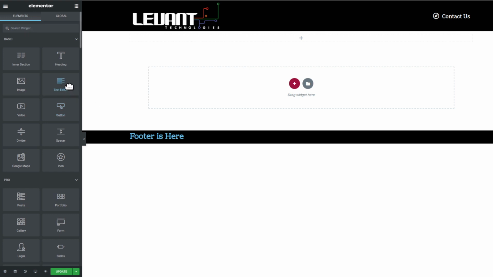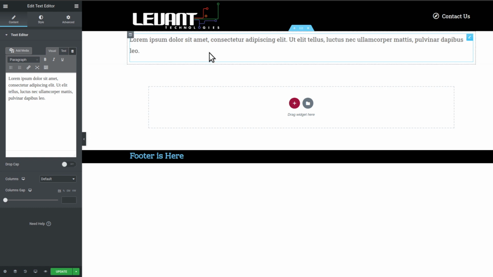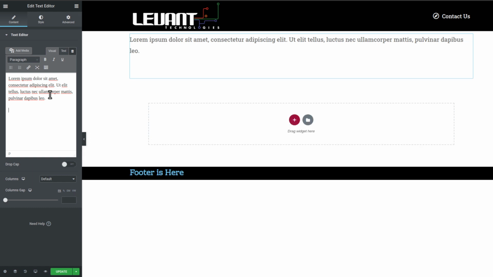Let's select text editor, click, hold and drag, and put it over here. And as you can see, that's basically what it is. It's the place for you to put in text. As you can see, you can type it like normal here,